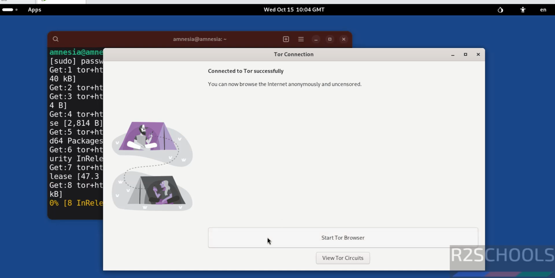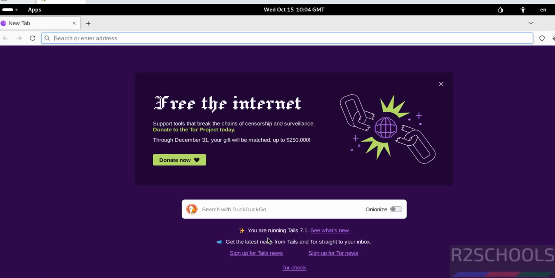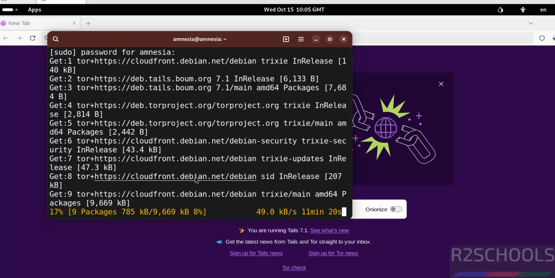Now click on Start Tor Browser. See, we have successfully connected to Tor Browser, and see here the default search engine for Tor Browser is DuckDuckGo. This will take time. Okay, so in this video we have seen how to download and install Tails OS 7.1